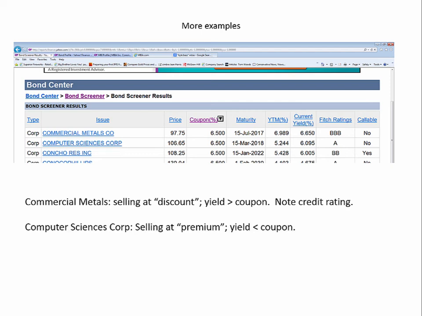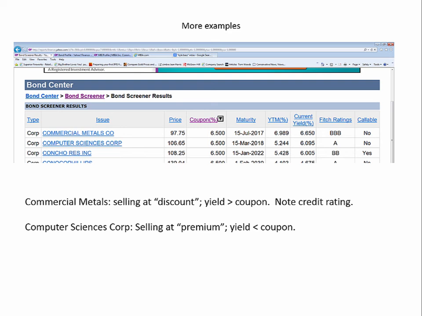In contrast, Computer Sciences Corporation is selling at a premium. The price of those bonds is 106.65% of face value. And again, what that means is these bonds are paying more than the credit market demands. In the case of Computer Sciences Corporation, the yield to maturity is about 5.25%. The bonds pay 6.5%, so everybody in the bond market says, hey, these are great bonds. They pay more than they should. They pay more than Computer Sciences Corporation should have to pay to borrow money, so people bid the price up